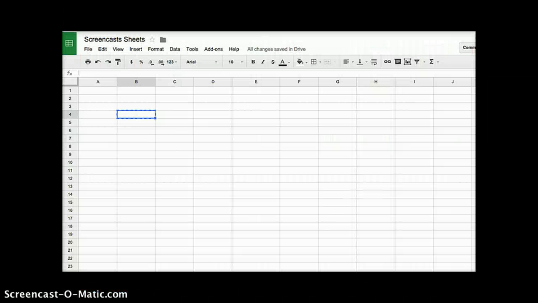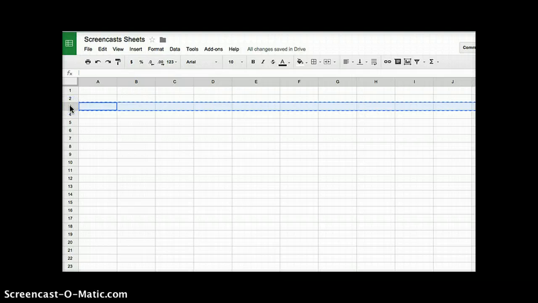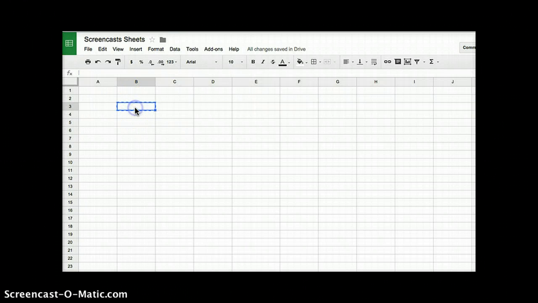Okay, so I've opened up a Google Sheets file and we can see we have a nice little pattern arrangement. Now, if I click on this and highlight that one, we can actually call that a column. In this case I highlighted column B, and then if I highlight it this way horizontally, we highlight a row. Now these are going to be terms I'm going to use on the way through this whole process. If I just highlight one of the little boxes, we actually call that a cell, and that's really good for us to understand these things because I will use the term cell in this and subsequent